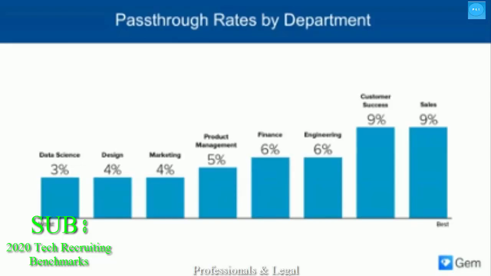If benchmarks suggest that your struggle to fill a particular role is on par with the industry, start nurturing prospects and building pipeline for that role now. If your pass-through rates aren't on par, it's probably time to dig into your people and processes to understand why you're experiencing drop-offs that your competitors aren't.